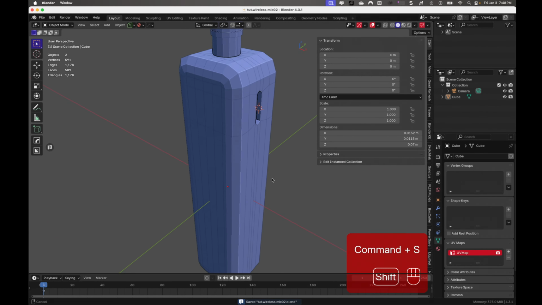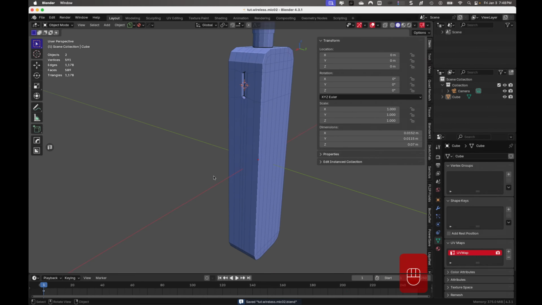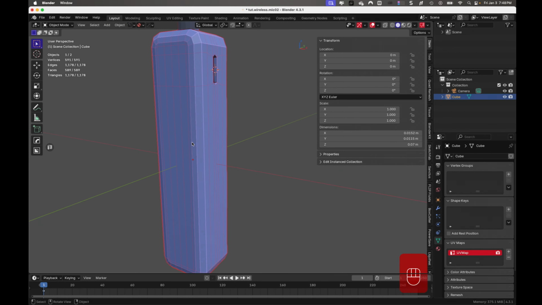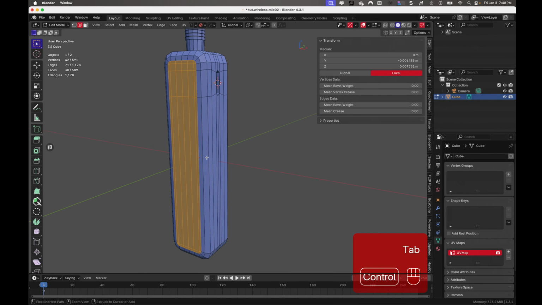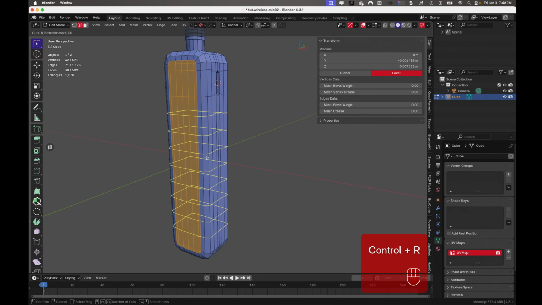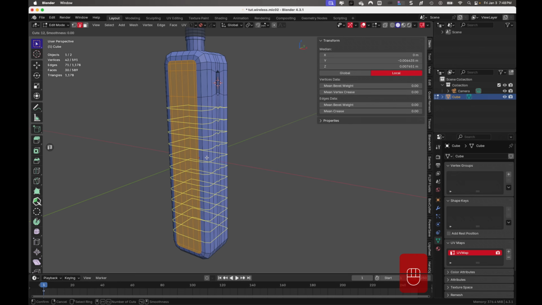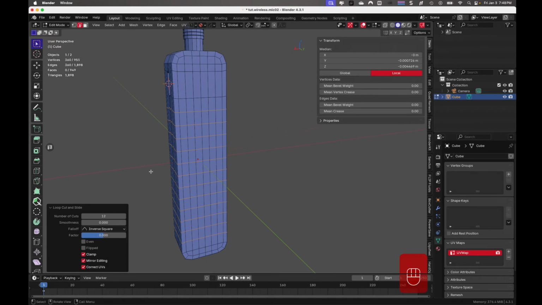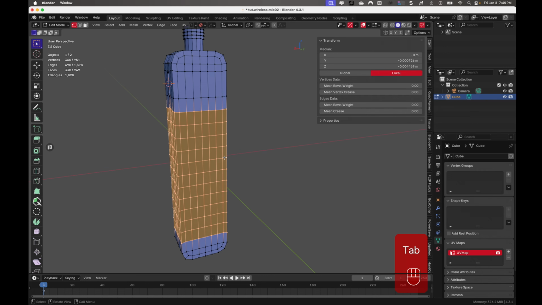So I'm going to save my file, and then I'm going to come here to the back, and let's see how we'll do this. Let's put in some support loops here. Not a whole lot. Like I said, we can clean this up later. This ought to be enough. And I want to come to the back, and I want to look at my